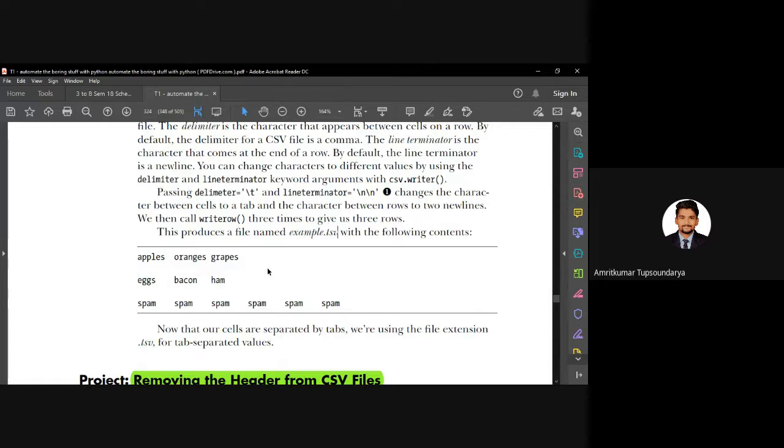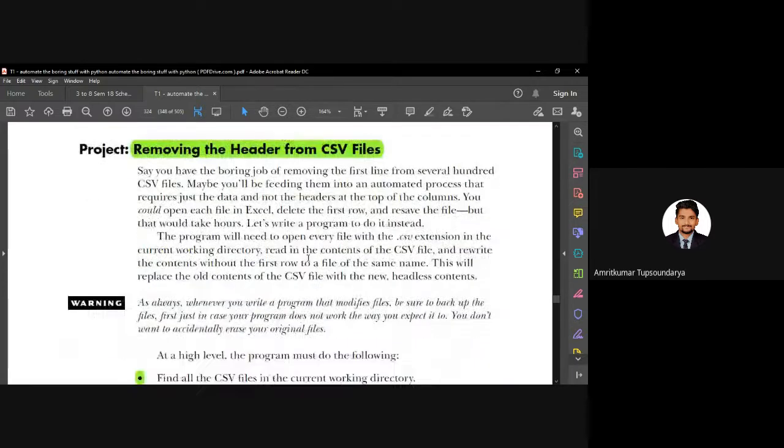Makes sense, right? So let us go ahead and discuss an interesting project, that is removing the header from CSV files. What we have to do is have multiple CSV files. The important point here is that we have more than one file. So we need to have multiple CSV files, and our task is to remove the header of each CSV file.